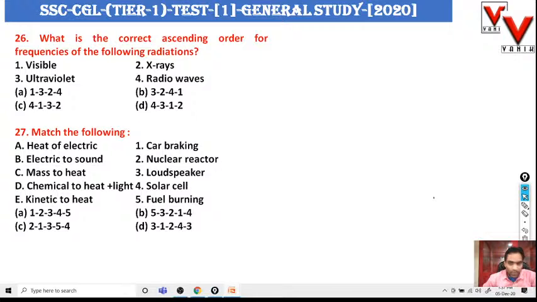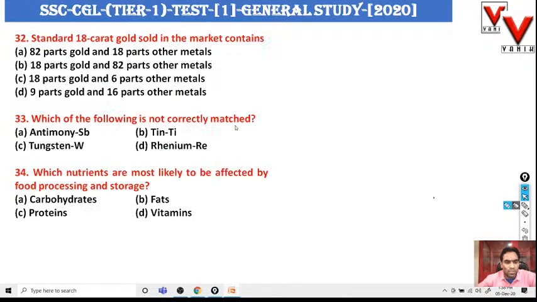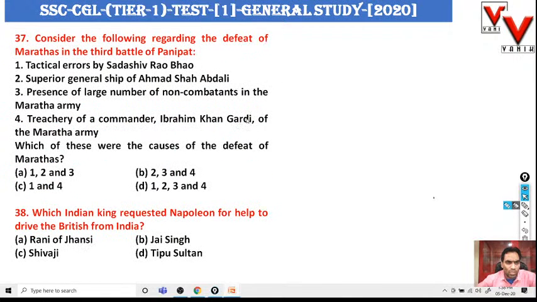Good morning, friends, and we are going to discuss the test paper, which was CGL first paper of Tier 1, Test 1. I will discuss the humanity part with you people, and your science teacher will discuss the science part. So 6 to 37 is the science part, so your science teacher will take care. The humanity part starts from question number 37, so we are going to start from question number 37. Then your science teacher will come, and he will take care of 26 to 36.